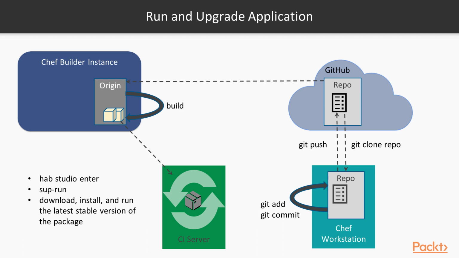Suppose I am pushing the latest changes. I'm again triggering a build from Git, and a new package is generated after the build is complete. I can again have a trigger because the supervisor is sitting and supervising the application. So here it knows that the new package is uploaded, so it will take and deploy the latest version of the application, and it starts monitoring the latest version now. So this way you can update your application with the help of Chef Supervisor.